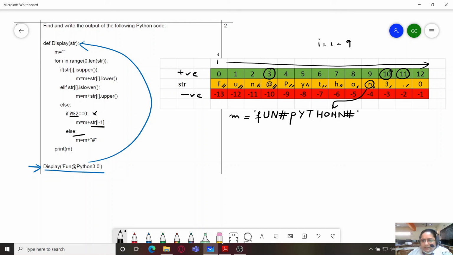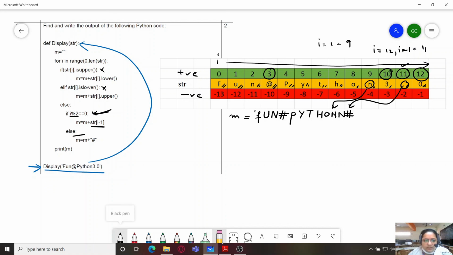Then finally we have 1 2 and we have a 0 over here. So this will not be executed. We come to the else part. Yes, i is divisible by 2. So again str[i-1], because i was 12, so i minus 1 will be equal to 11. That is this one, which is dot. Now this dot has already changed to hashtag. Okay. So what will be added to m?